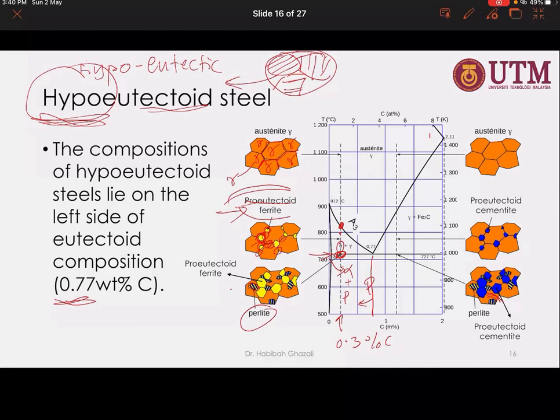It will grow from this point and grow larger until all the austenite transforms into pearlite. Only austenite will transform into pearlite. Whatever you had earlier, which is proeutectoid ferrite, will remain as ferrite, and only austenite will transform into pearlite. The orange region will turn into pearlite. So the initial formation at the grain boundary is proeutectoid ferrite. So that's the reason you will obtain